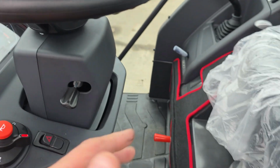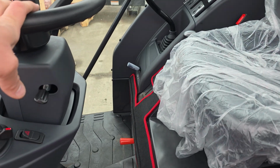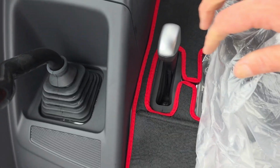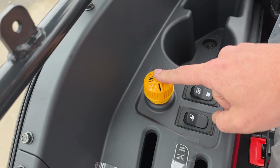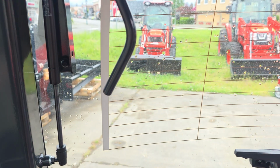Tilt steering wheel, which is nice because this is big in here, but you got to be able to tilt the steering wheel up to get in, in most cases. This is your range select for your transmission, high or low. There's the height of your 3-point, PTO, your lights, your rear defrost,